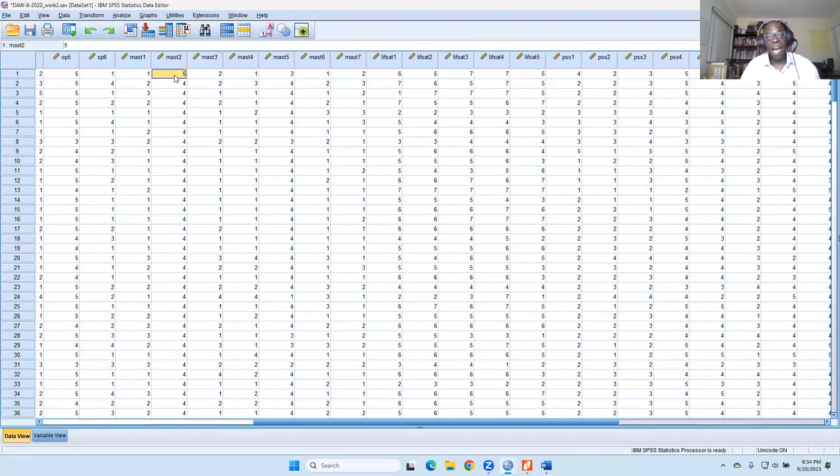However, if it was a 5, 5 is an invalid number, right? If someone puts in an invalid number, you can't use it. So now this becomes a missing value for that respondent, right?